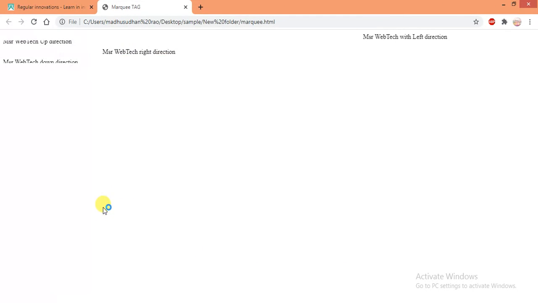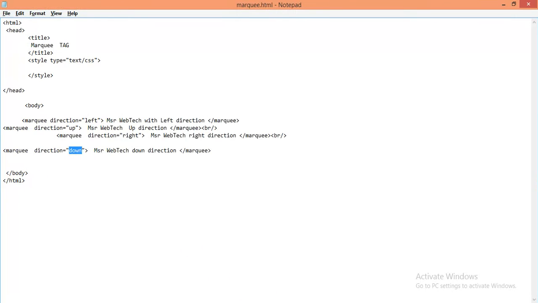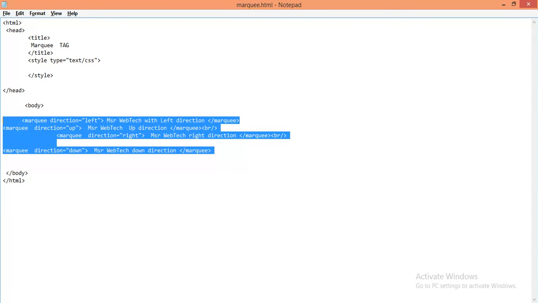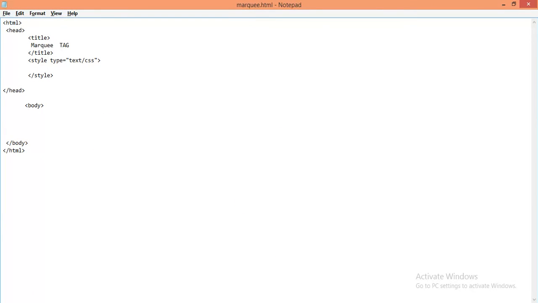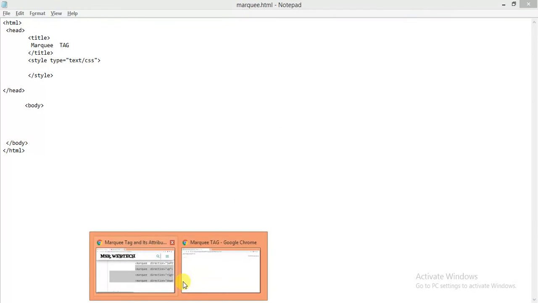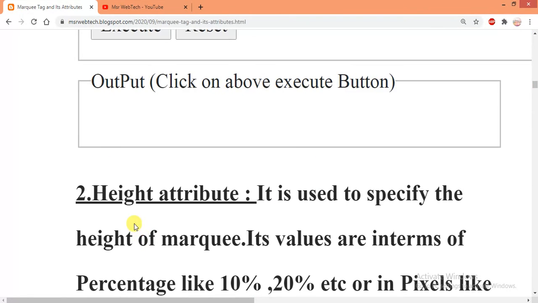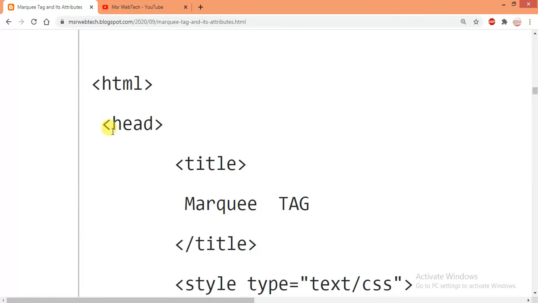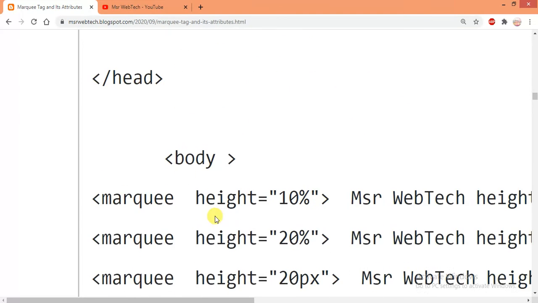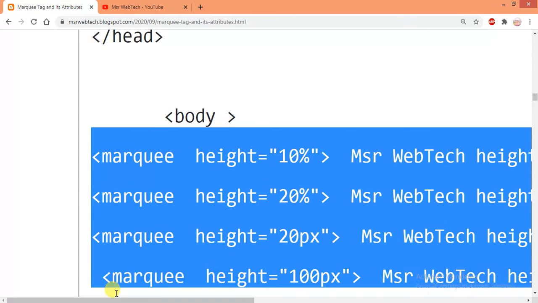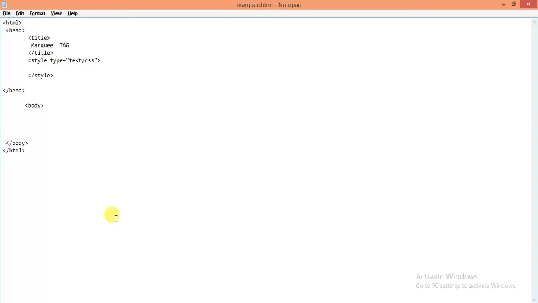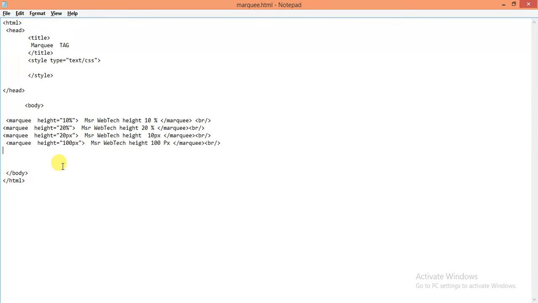I don't want to waste your overall time, so I am just going to the next attribute. What is our next attribute? Height attribute. I will also show the height attribute with an example. Just Ctrl S, height.